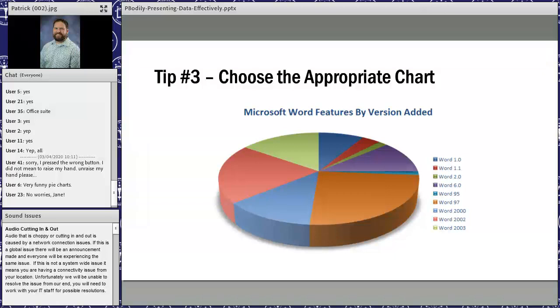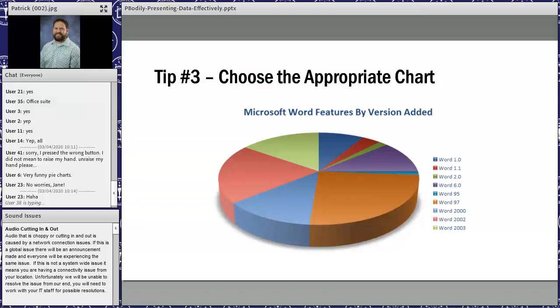Tip number 3 is to choose the appropriate chart. The right chart for visualization, and picking the right chart really is just understanding what story you are trying to tell and then using the appropriate graph or chart. And it's not nearly as hard as it seems. I will tell you, however, pie charts are rarely the answer and 3D never is. And I am glad we're recording. I want to go on record saying that 3D is never the answer. So if anyone ever tells you it is, I will fight them. It will be great. But I'm going to go with that.